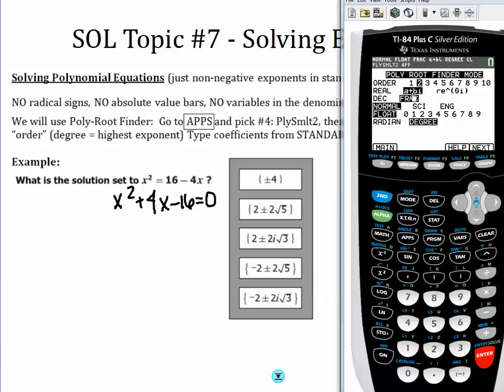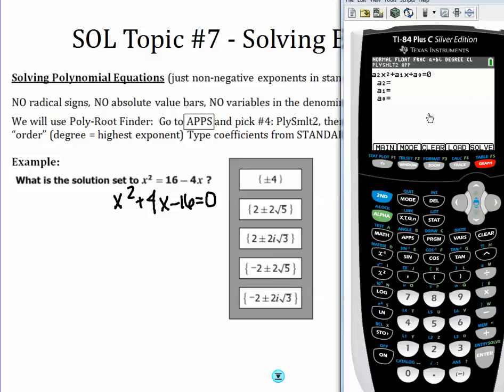You always want to have your calculator in A plus BI mode. That way it'll give you any complex roots that you might find. And you can either have it in fraction or decimal mode, it doesn't matter. Click Graph to go to the next screen, and then type in the coefficients, and make sure that the equation